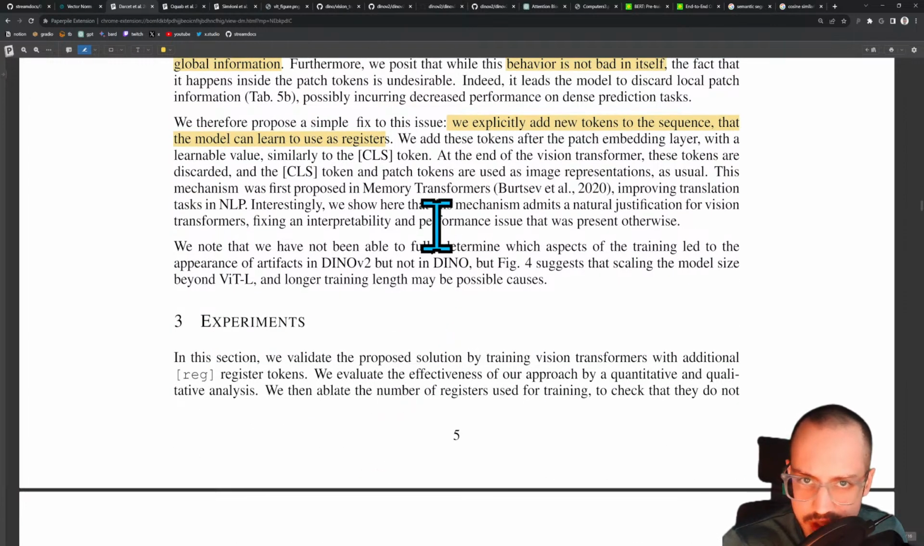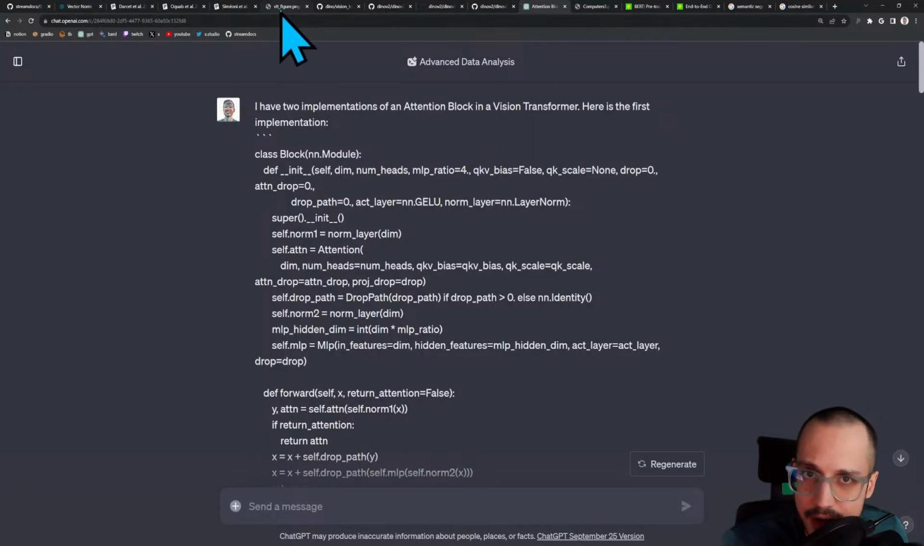We have not been able to fully determine which aspects of the training led to the artifacts in DINOv2, but not in DINO. Okay, so I think that's a good place to look into the little bit of investigative work I did with GPT. So I went ahead and